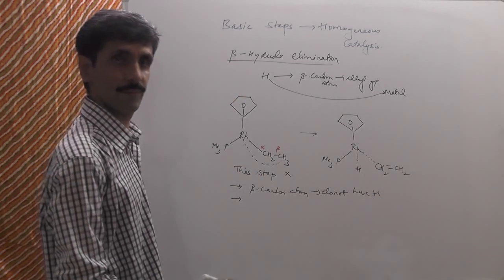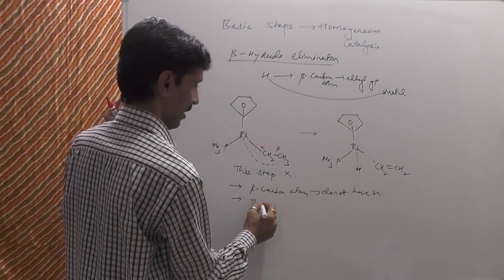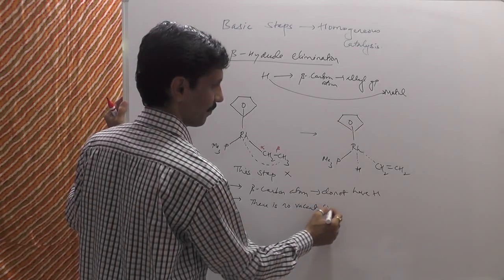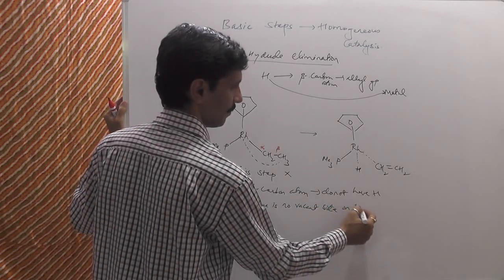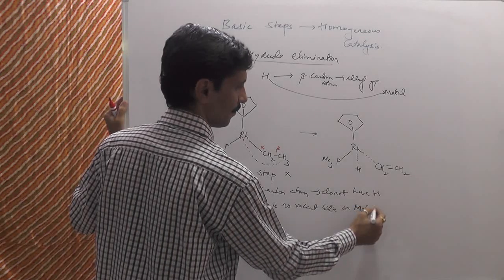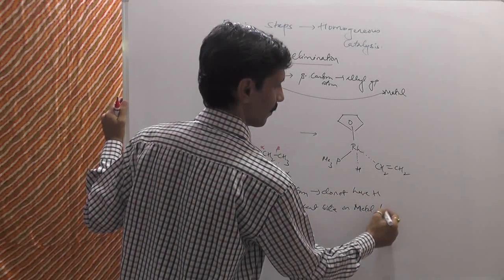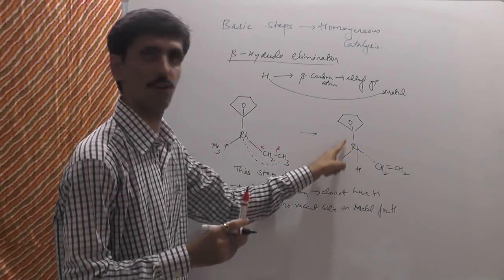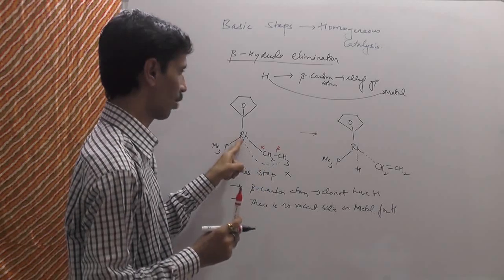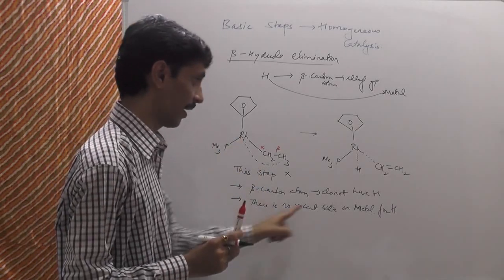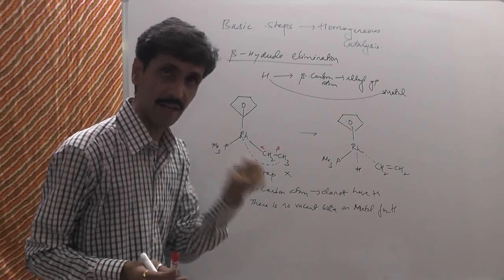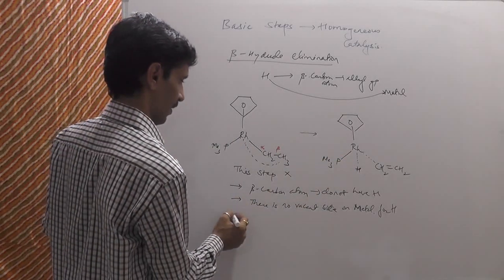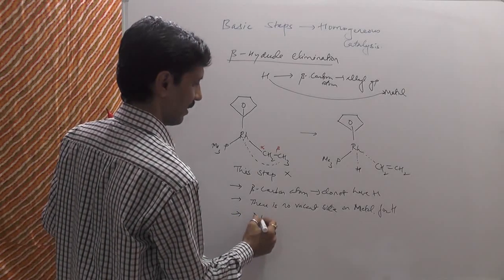Point number two is, if there is no vacant site on the metal for the hydrogen to be migrated. There has to be some vacancy over here. Then only the hydrogen from here can go over here. So if there is no vacant site on the metal for capturing this hydrogen, then of course this reaction doesn't take place. And the third one is, if the beta hydrogen atom